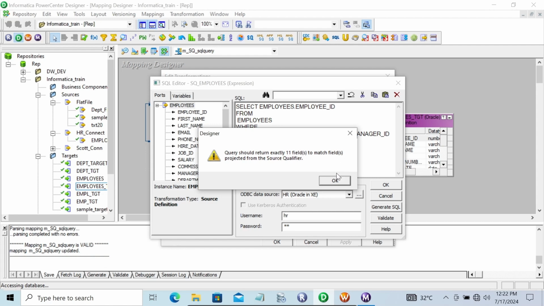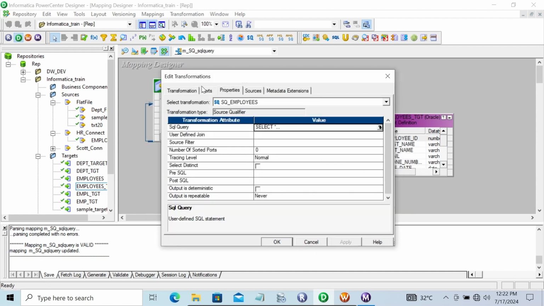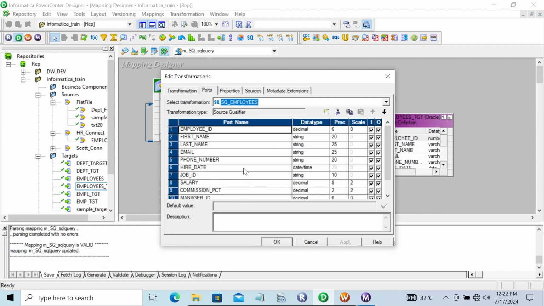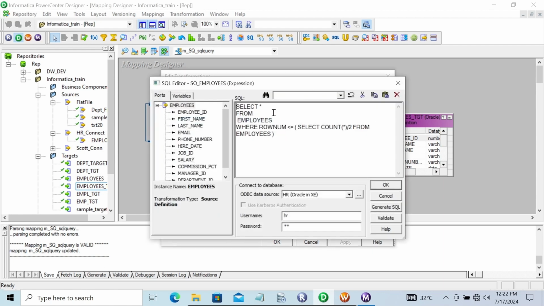To match the bits. So here shown source qualifier. So since total ports are 11, and you have given this there, I've given try to give only one so that's returning the error. And now if I write there update, update